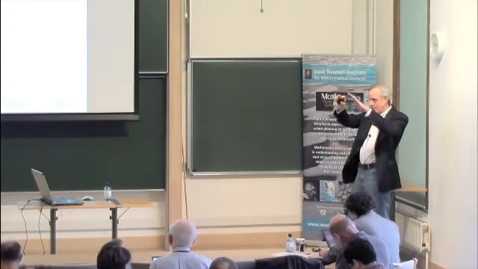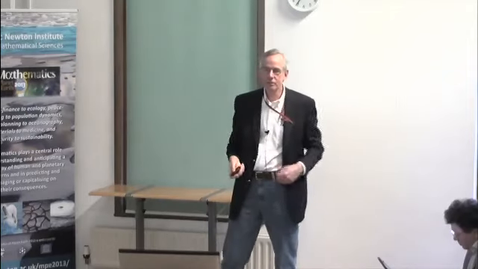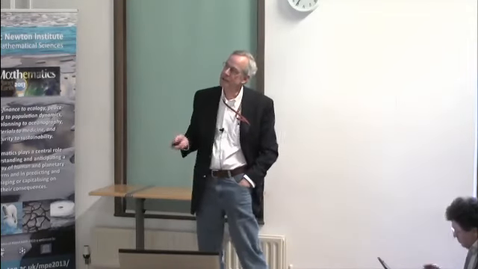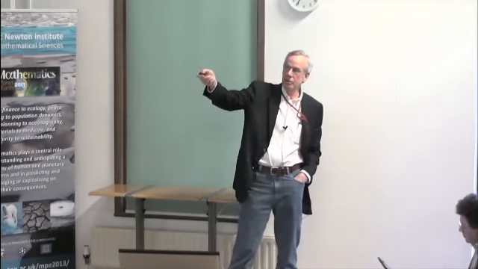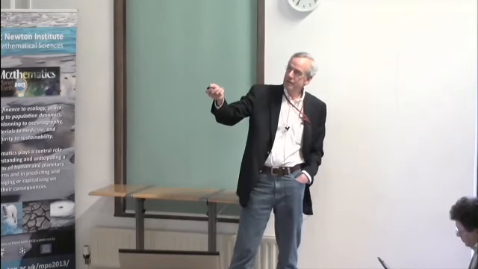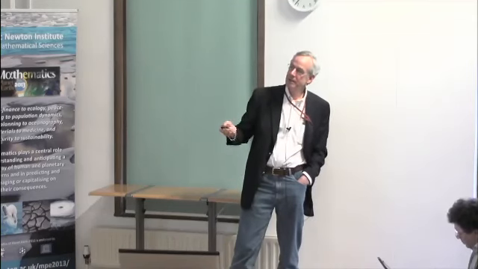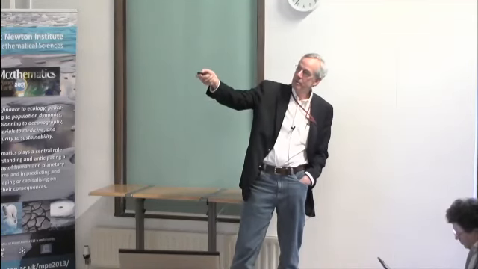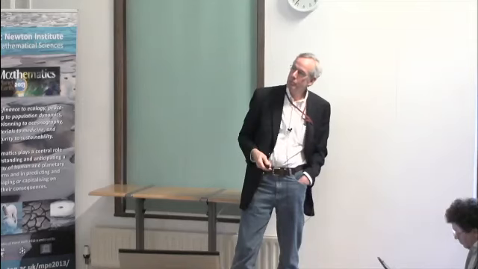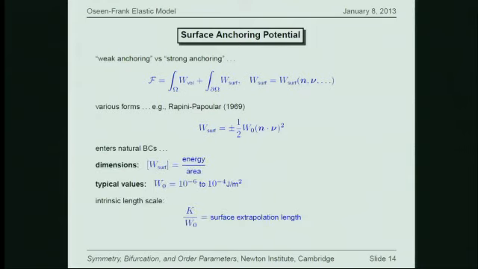Weak anchoring means the confining substrates were treated in such a way as to encourage a type of alignment, but not hold it perfectly well. There are various versions of this. Oleg discussed the role of these surface terms quite a lot. Usually they just depend on the unit normal to the boundary at that point and the director field. And they can either be encouraging alignment in a certain direction or discouraging alignment from a certain direction. And these enter the